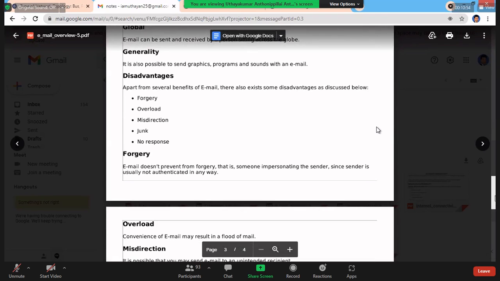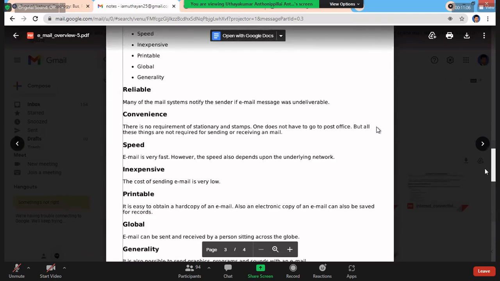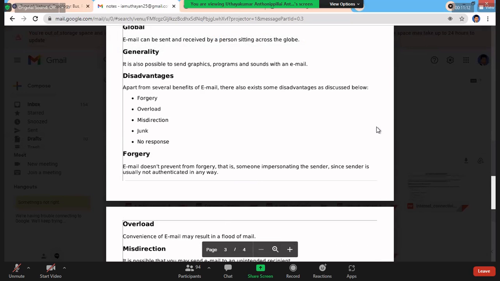But in a normal mail system also, people may not respond. So that is also one type of disadvantage, right? This is the contents of email, and then we can move to topology.